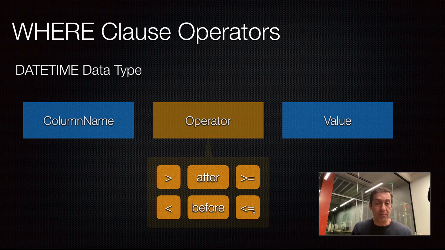You can combine multiple conditions in the same query if you want to identify a range of dates. So you can say column name, and specify the name of the column for the date and time, after a certain timestamp or date, and then you can say and column name less than. This way you identify a range, and the database will return all the records where the values of the identified column fall within the specific range that you have identified.